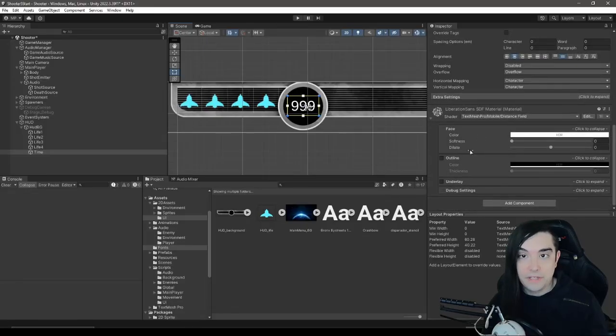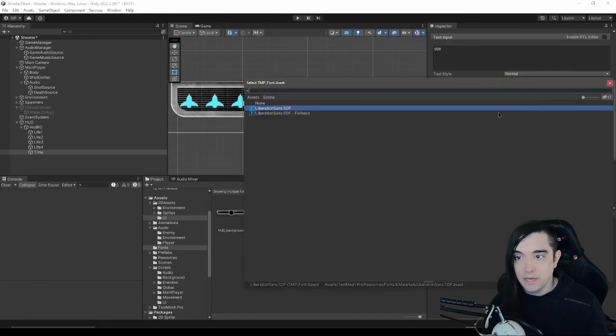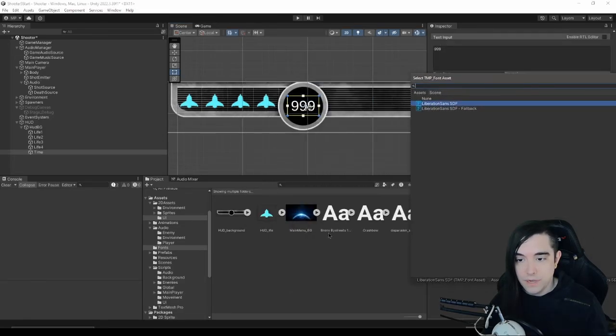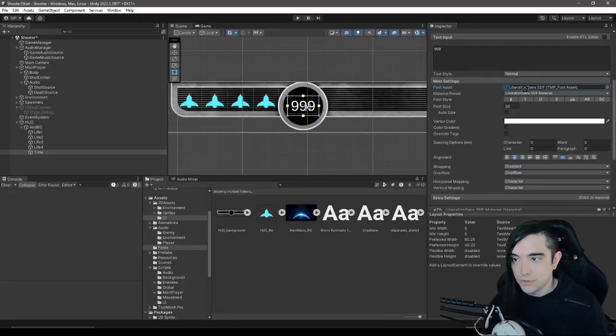Now, there are a lot of other settings for Text Mesh Pro. It's pretty awesome. You can add outlines to the text and stuff like that because it's an actual material asset. But that's why we're going to have to convert our fonts over to what's called a Text Mesh Pro asset in order to actually use them. If I tried to change my font right now, I do not see my Bronx By Streets or my Crashbow fonts because we haven't converted them over to these font assets yet. I couldn't drag them in here. They just won't work. So I'm going to go to Window,